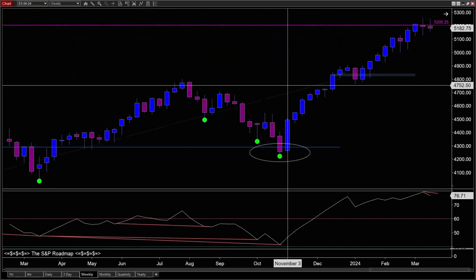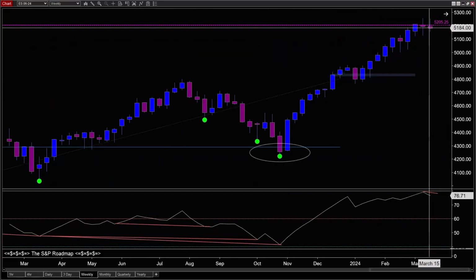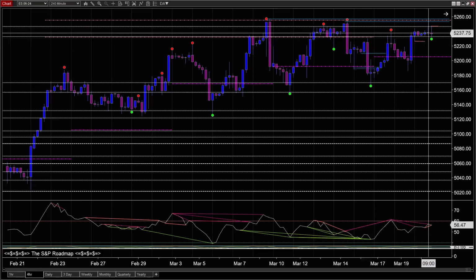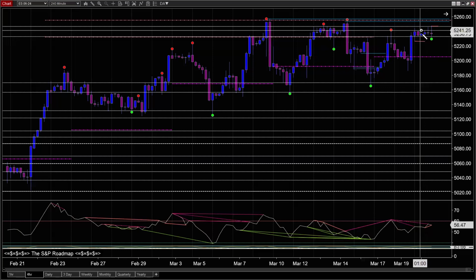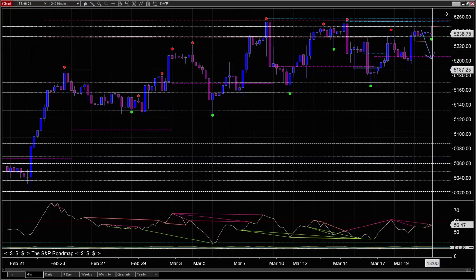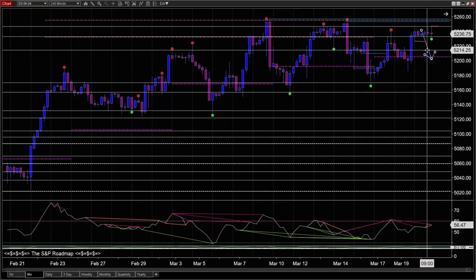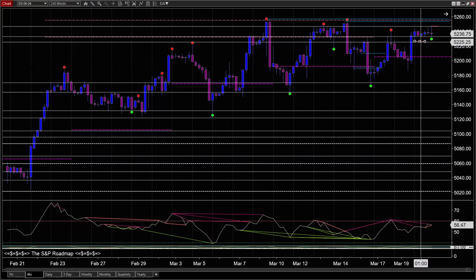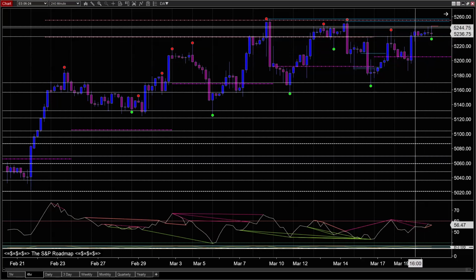We had the weekly showing all this bearishness up off the highs. So coming into the open yesterday, before the FOMC announcement, it looked like it made sense for the bears to pull the price back. Now, the first stipulation, or the first condition we wanted to see to have any faith in a bearish